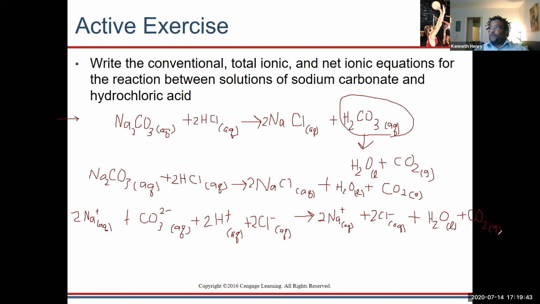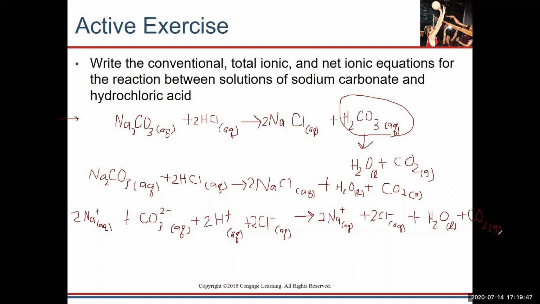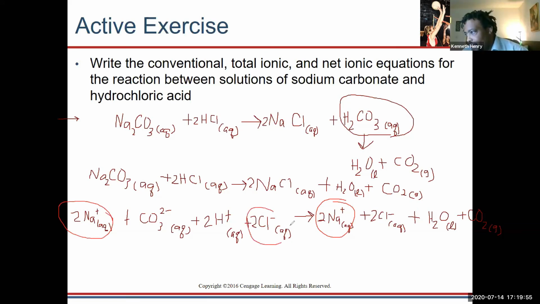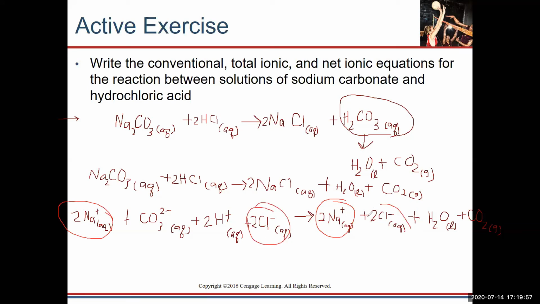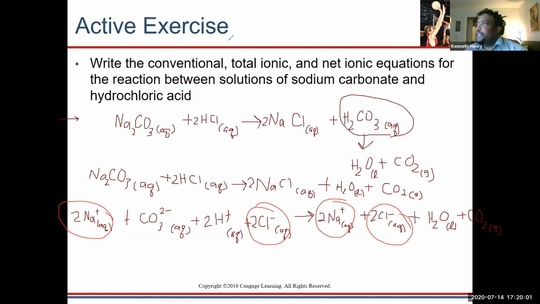Okay, so who are our spectators? The sodiums and the chloride, and that's it. So our total ionic equation is going to be